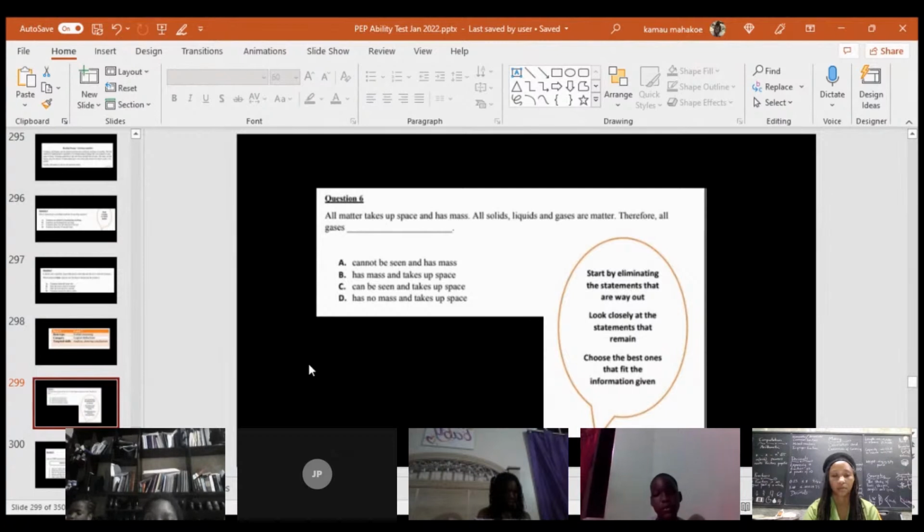Question 6. All matter takes up space and has mass. All solids, liquids, and gases are matter. Therefore, all gases